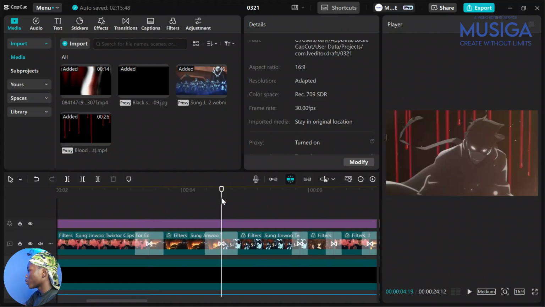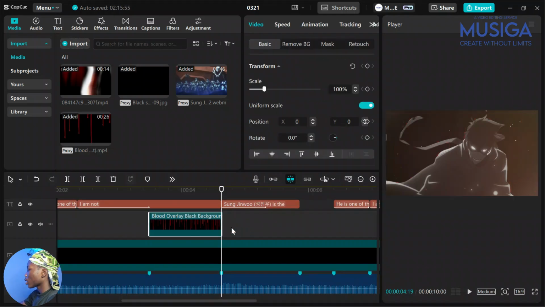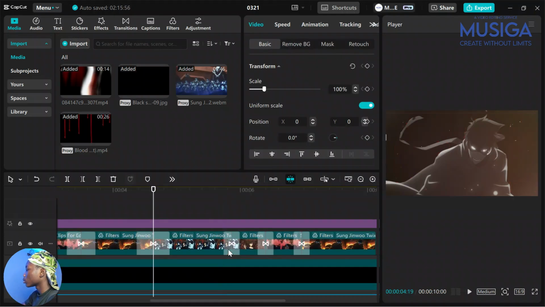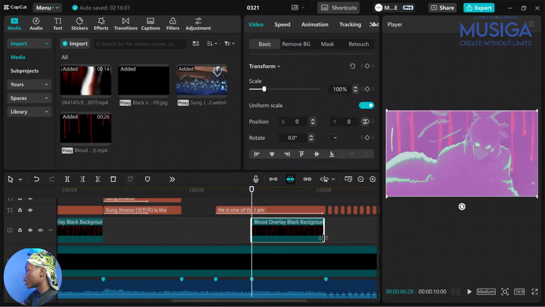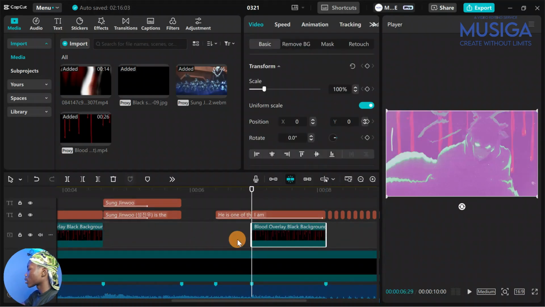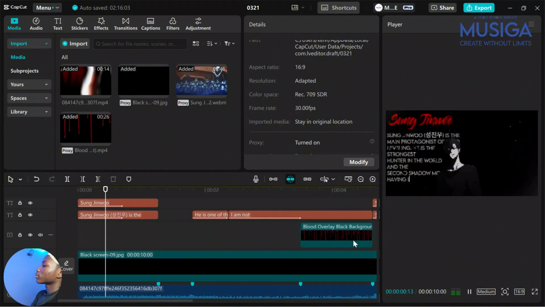Remember, we have already moved the background, so that's all. Copy and use it for this place as well. Expand, and then